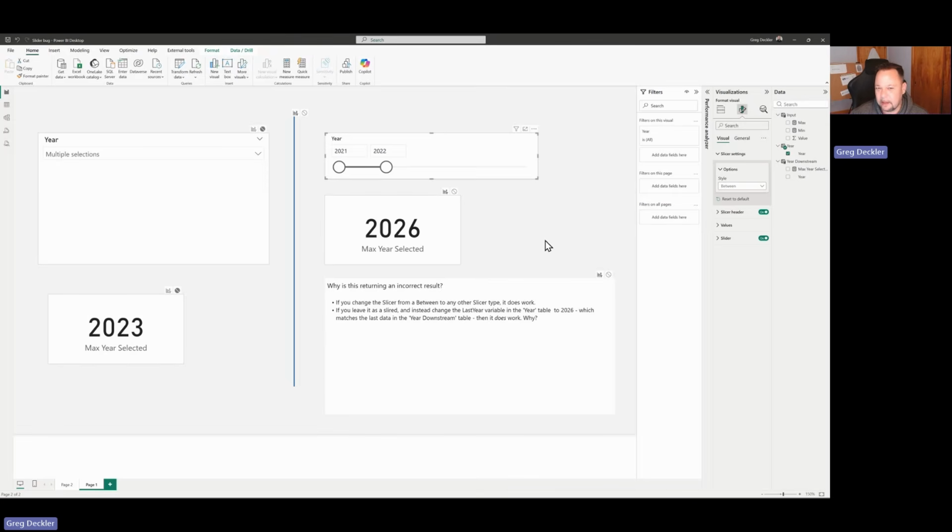So slicers are broken, man, in Power BI. I don't know any other way to describe it other than this is some weird, odd behavior. And it greatly concerns me that there's a lack of awareness about just how broken slicers are in Power BI Desktop. So if people could help me out and spread the word on it, I would